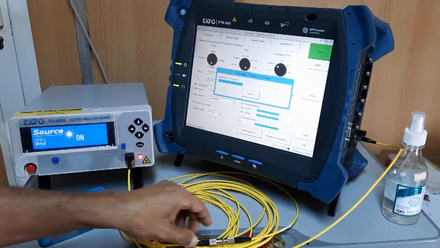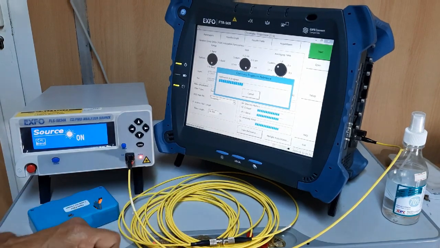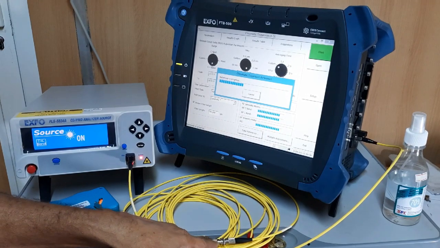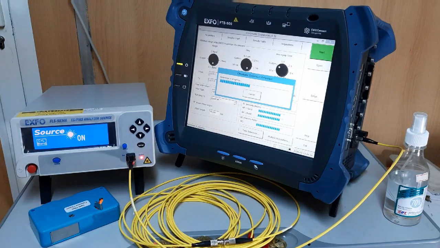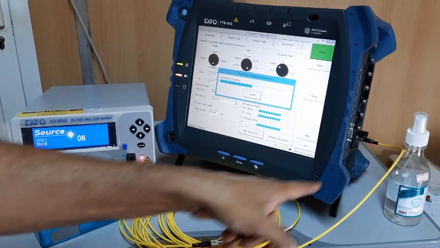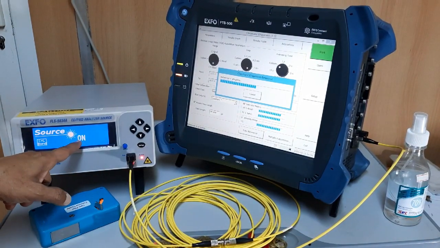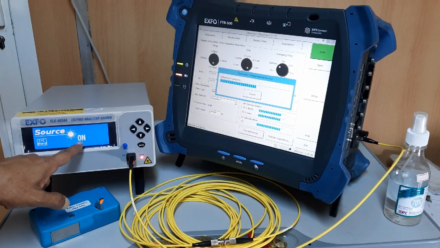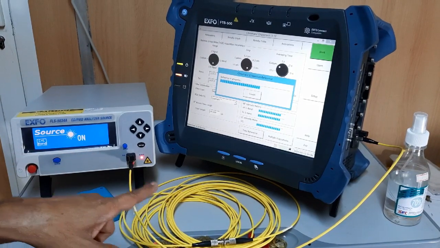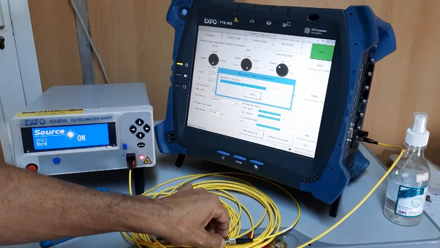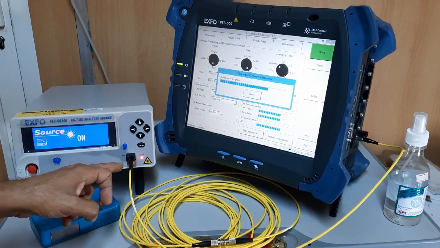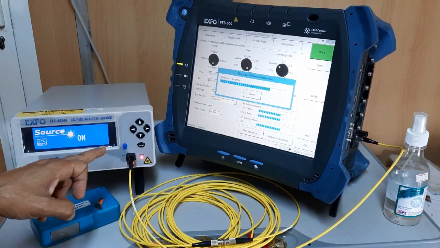So we should not touch during referencing. This coupler or that coupler, or the equipment couplers, or these couplers, we should not touch or disturb. Before removing these patch cords, we have to switch off this source, because the laser will disturb your eyes. This can damage your eyes, so we should not see the patch cord ends or the coupler ends of this source.